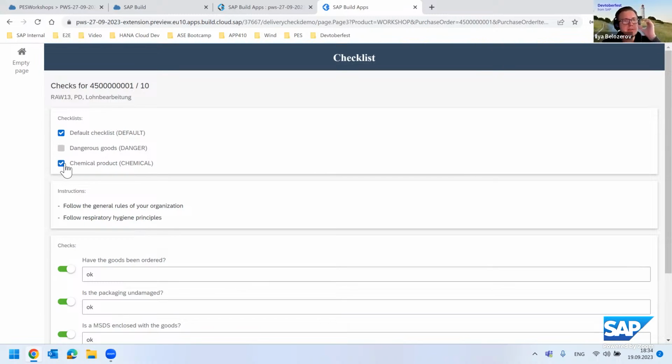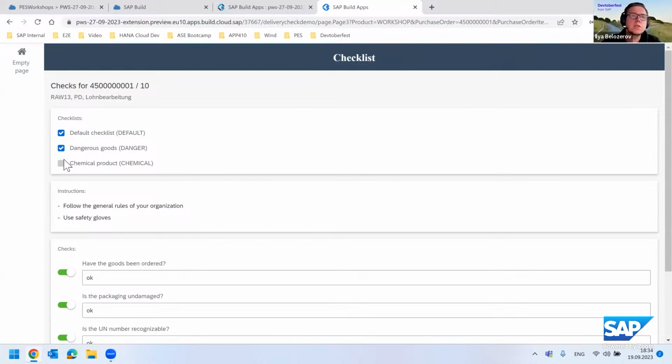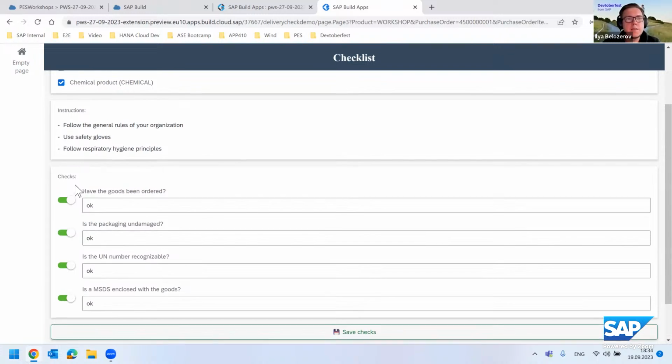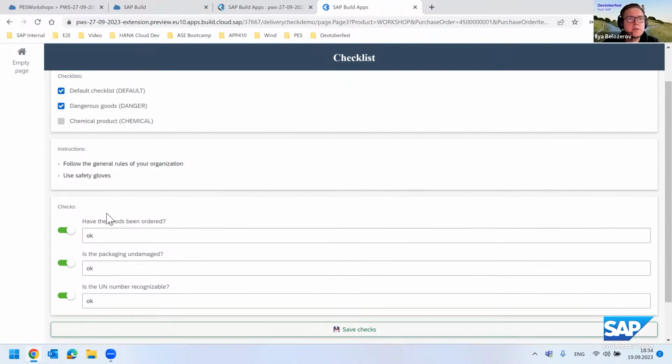And the warehouse clerk can decide, okay, no, it's not a chemical product. It was a mistake from our back office. It's maybe dangerous goods instead. So he can also choose it, or maybe all 3, doesn't matter. As you see, the instructions will be adjusted accordingly here. And you can also decide